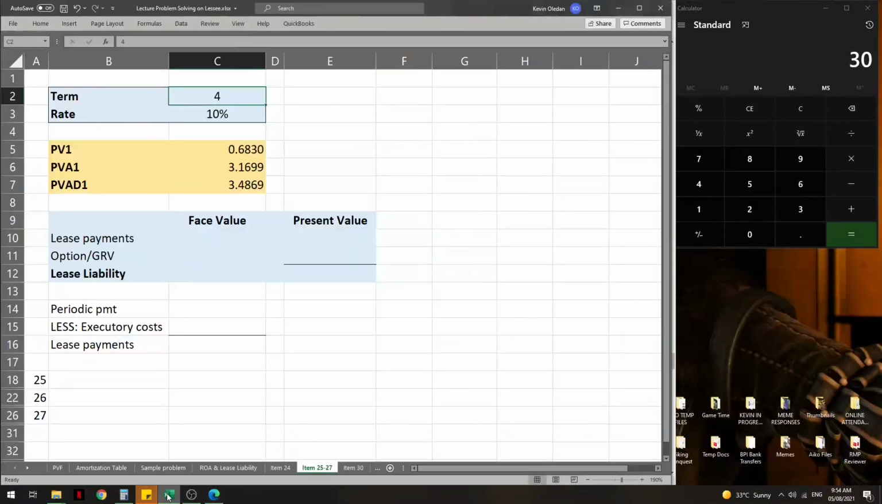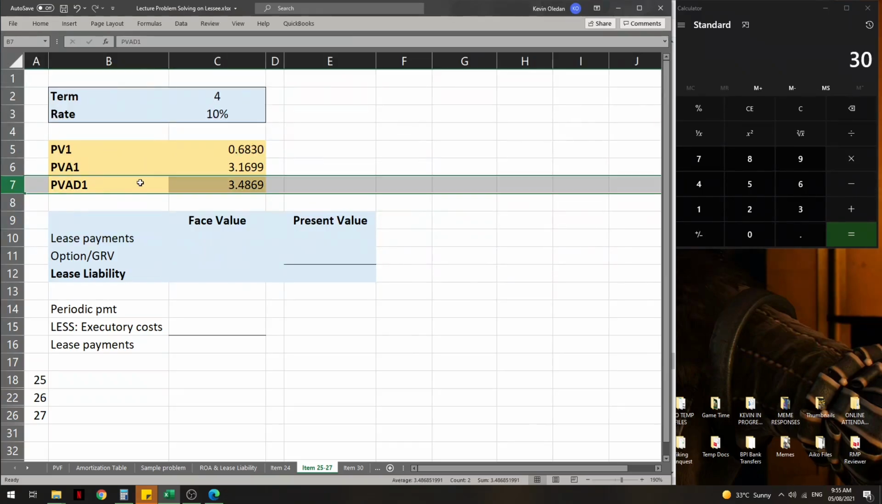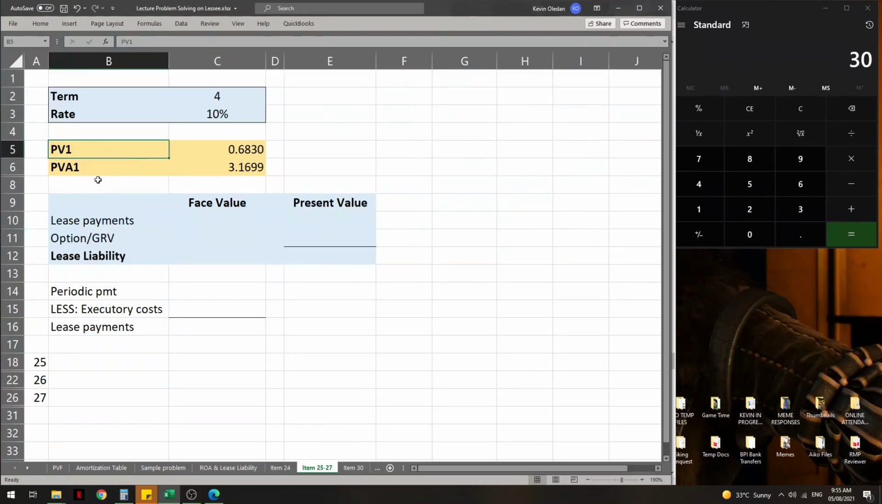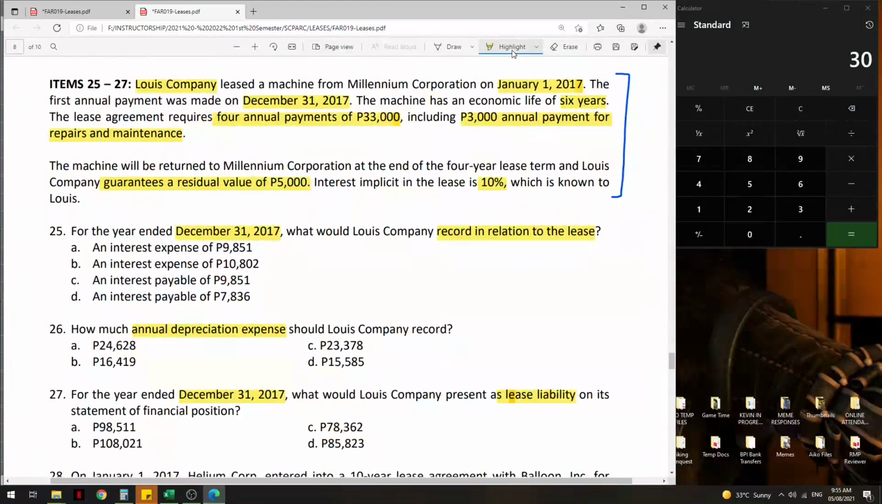For that, I will be using this solution guide. So, as you can see, there is already a term and a rate. Term of 4 years, rate of 10%, which from those terms and rates, I have already the mathematical formula for our present values here, to which I can say we won't be needing the annuity due. Ang gagamitin natin is present value of 1 and present value of annuity of 1. First, let's worry about lease payments. In our problem, the lease payments amounted to